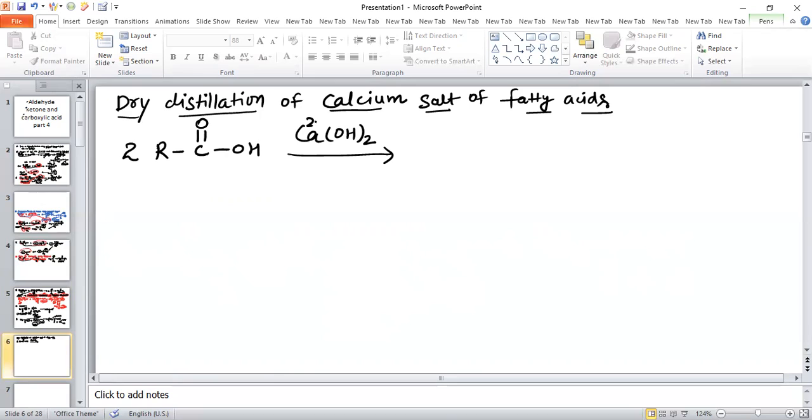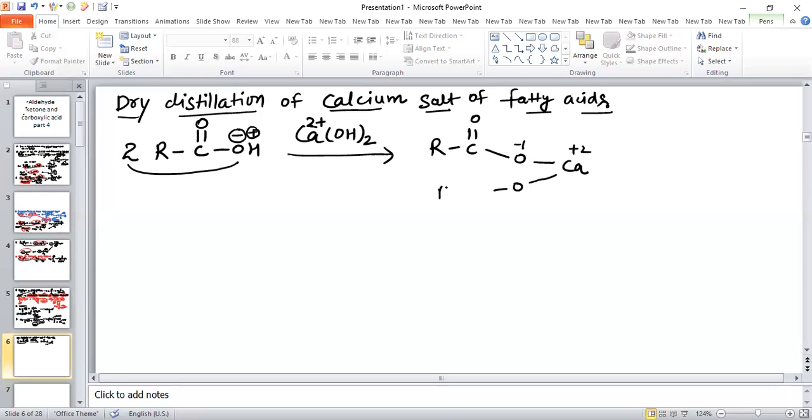So there is basically calcium with 2 positive charge. If there are 2 molecules of this compound, this hydrogen having positive charge and this oxygen having negative charge, you can say this RCO minus, when attached with oxygen, this oxygen gets attached with calcium. But there is a +2 charge, and on this oxygen there is only a -1 charge. So it means one more molecule will also attach.